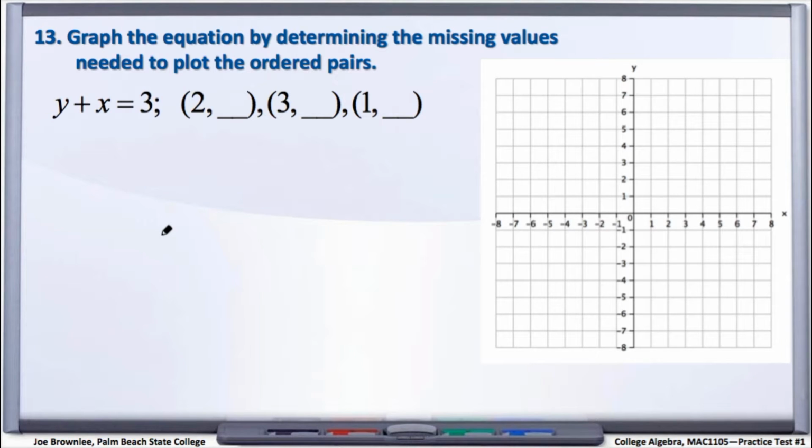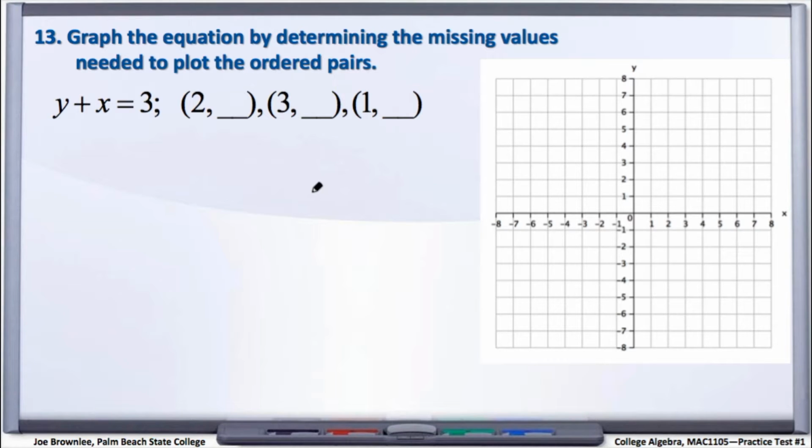All right, let's take a look here at number 13, and the directions we're given say graph the equation by determining the missing values needed to plot the ordered pairs. All right, so we've been given a linear equation here, y plus x equals 3, and then we've been given three distinct ordered pairs, and you'll notice that we're missing the y value, the y coordinate from each of these